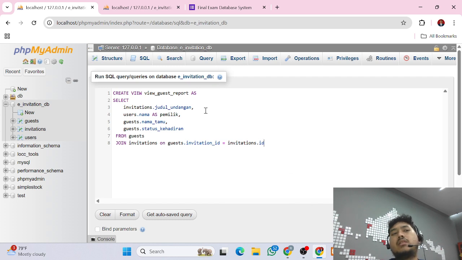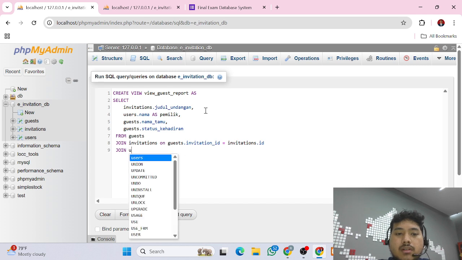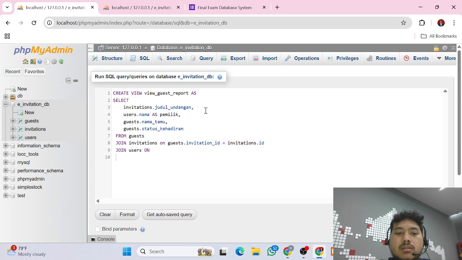Okay, invitations ID, is it true? Okay, and then join user on invitations users ID sama dengan users ID. Okay,